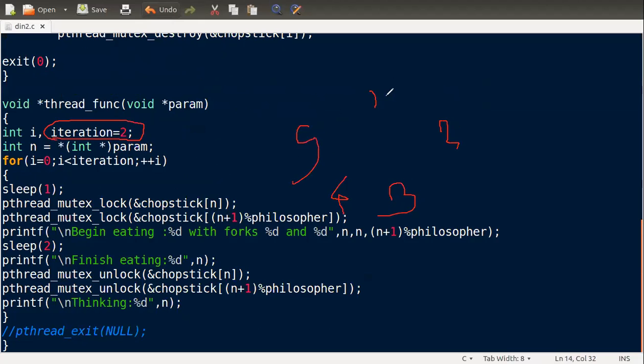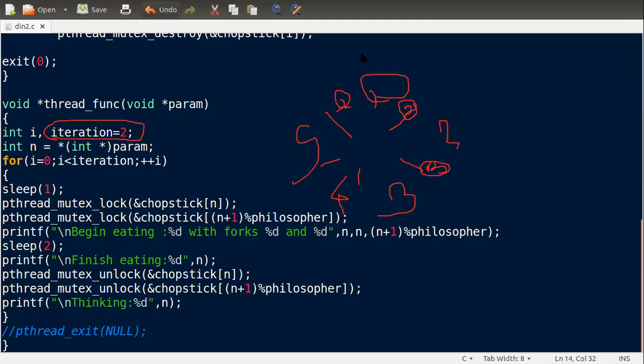And what we do is, one philosopher can take its own chopstick, and the chopsticks are put like this. You must know this. Chopsticks are like this. So when the philosopher is taking these chopsticks, 5 and 1, and 2, or rather 2 and 3. So chopstick numbers must be there, like chopstick number 1, chopstick number 2. So 1 will take 1 and 2, 2 will take 2 and 3. These are chopstick numbers, and the outside ones are the philosopher numbers. So 1 will take 1 and 2, 2 will take 2 and 3, 3 will take 3 and 4,